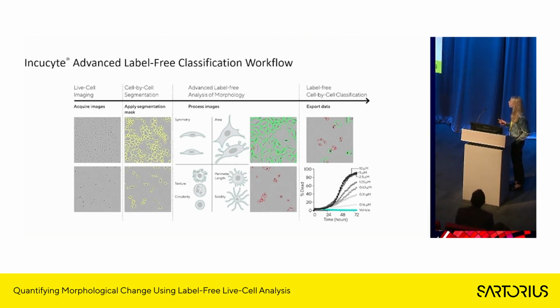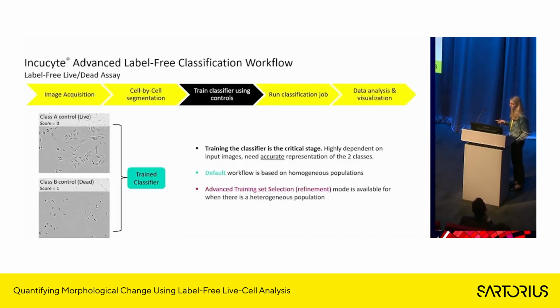And actually, as part of this, we incorporate over 20 different metrics. Using a classifier, we can then train using two control populations. In this example, we'd have images of alive control populations and dead control images as well. Once trained, this classifier can then be applied to all of your wells across the time course, and then we can get population data from this as well. I'll go into a bit more detail on the classification workflow on the next slide.